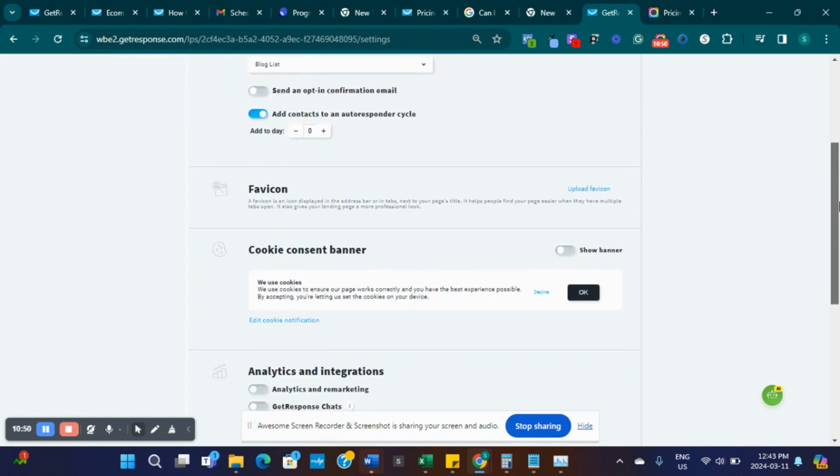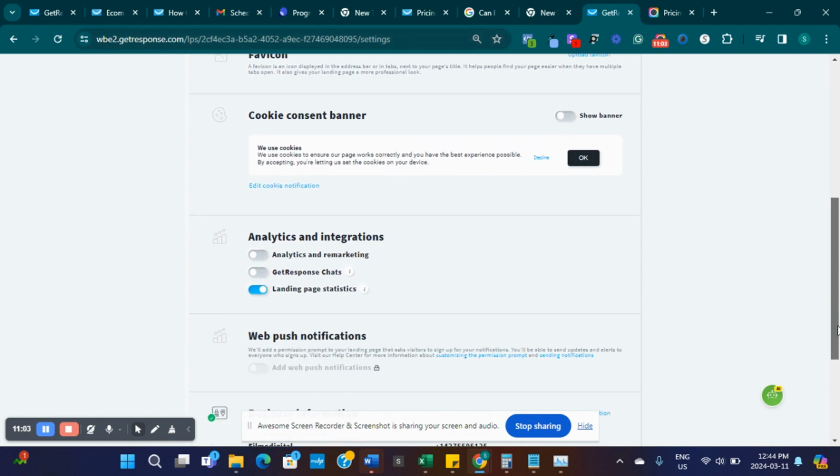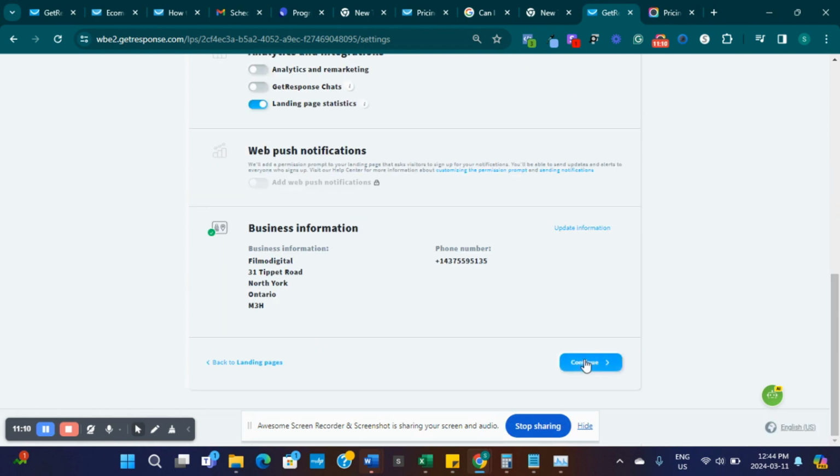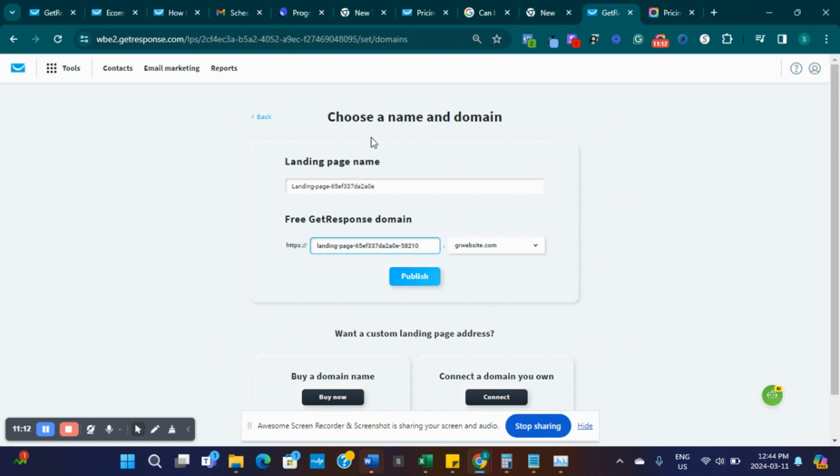So after this, if I want to upload a favicon, it's like if my business starts with the letter F, for instance, that F will be on the task bar on the browser whenever I'm browsing to show that it is my browser pretty much. So I can actually continue this, and then I have my landing page name. You can change this name to anything, fitness landing page,